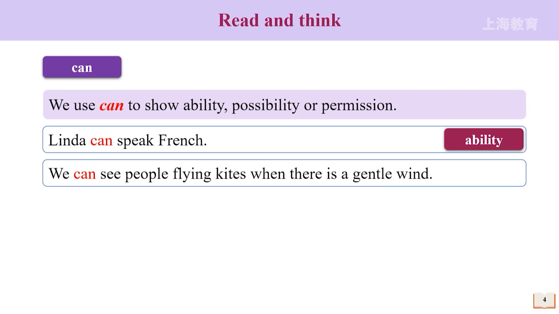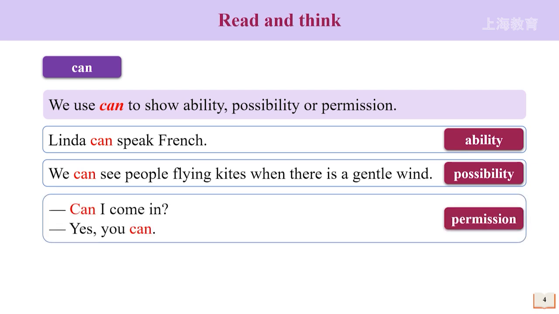We can see people flying kites when there is a gentle wind. Here, we use can to say it is possible for us to see people flying kites when there is a gentle wind. 这里的 can 表达某种可能。